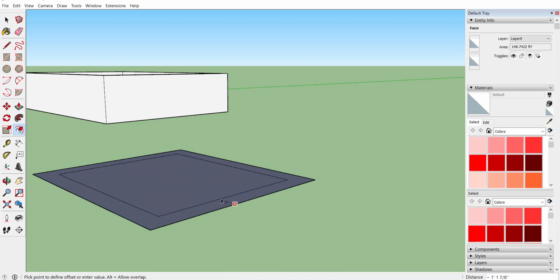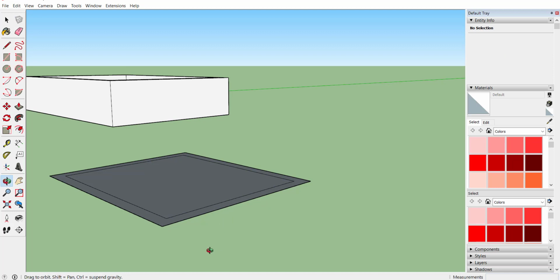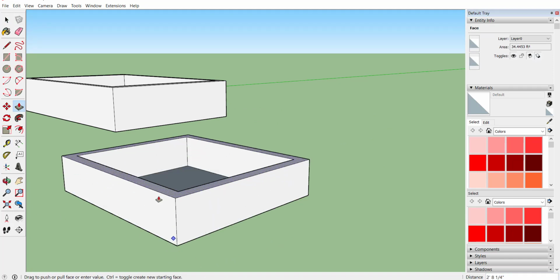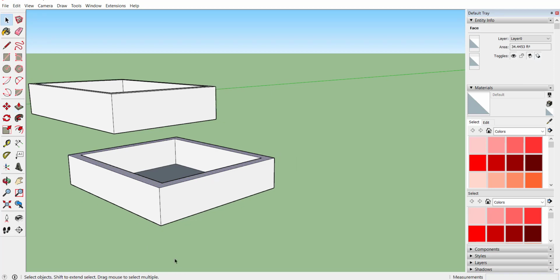Just type the distance that you require to make the offset. Let's consider that I want an offset at 9 inches. Then just type 9 and hit enter. So you can see one offset has been created at 9 inches. Whenever you are working with the creation of a wall, this command is going to be helpful in your work. Let's see our next command, that is the tape measurement tool.